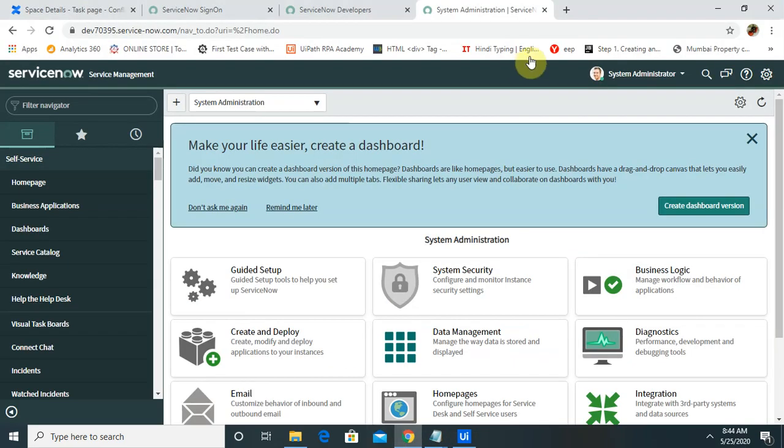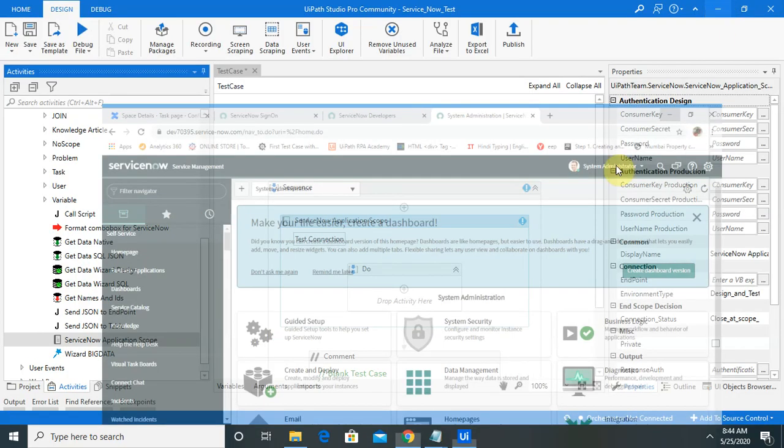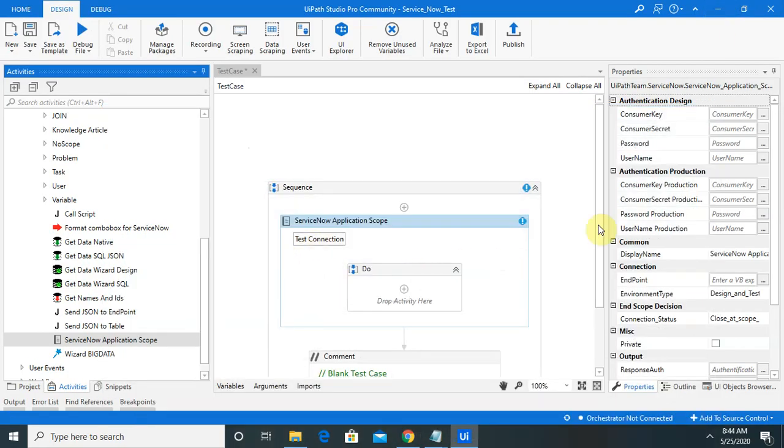After creating the login credentials, we have to create an instance, or request an instance. For understanding how to create the instance and login, please watch my ServiceNow playlist. Now we have to provide some of the details here: username, password and endpoint.